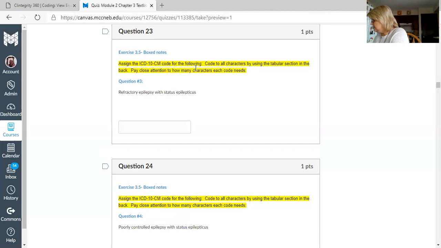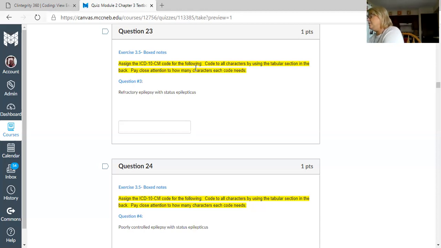Now I found intractable, not intractable. All right, so let's go under, because I want to get somewhere. And sometimes when you can't find it, let's just pick something that's close. So epilepsy, down to intractable, to find at least a code to start with. Okay, so let's go to epilepsy, intractable, and then which is